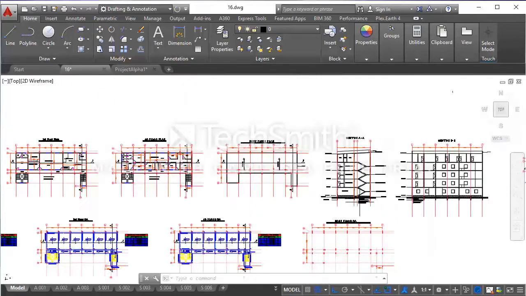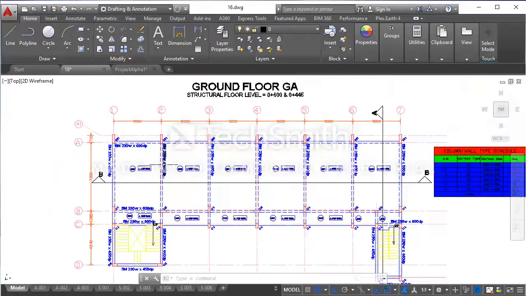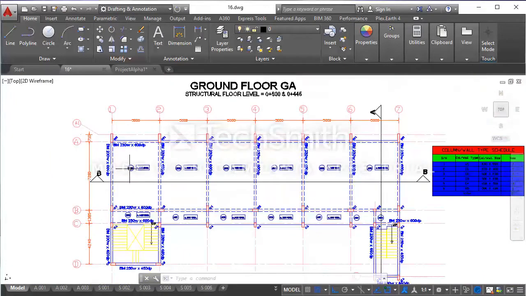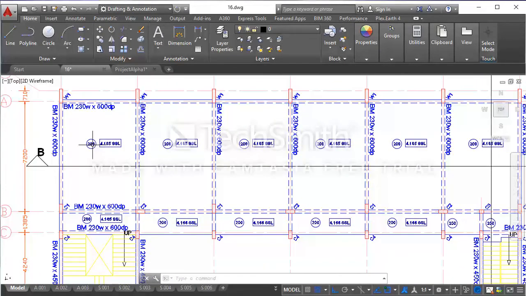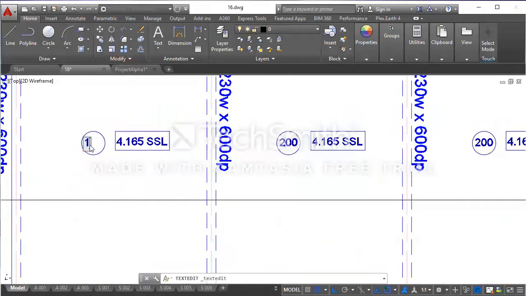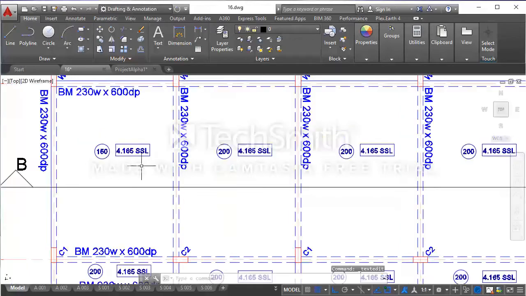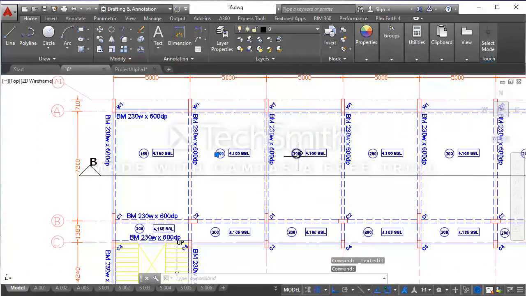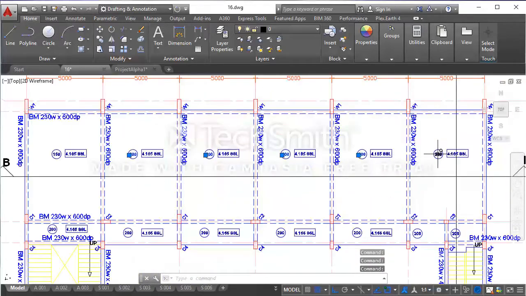So I'm going to change our slab thickness label to 150. I'm going to double click on it and change it to 150 thick. I'm going to delete the other 200 labels on the other panels in the design. I'm going to select it and delete. I will select each one and delete.